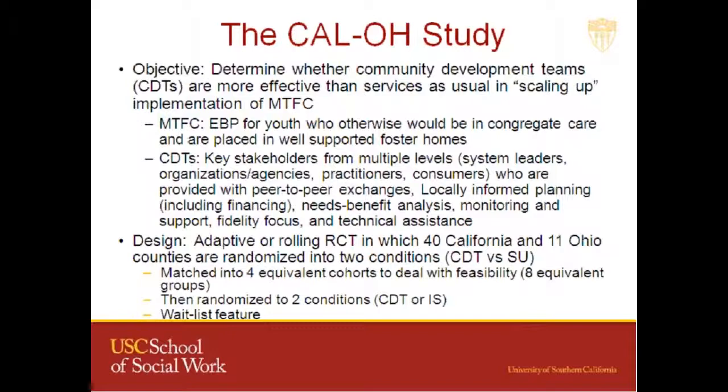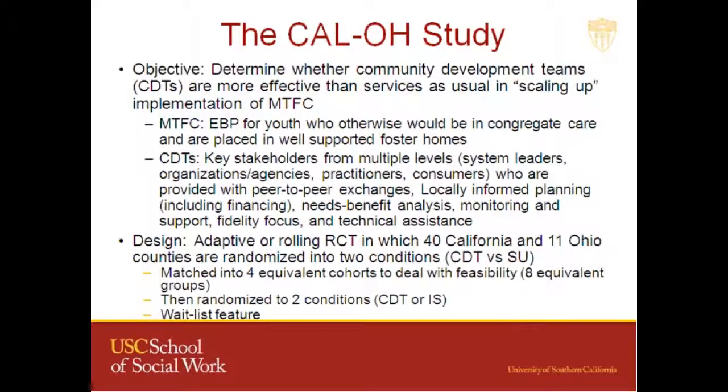In this study, these 51 counties were matched into 4 equivalent cohorts, and they were done so because not everybody could be trained simultaneously, so they were broken up into groups of 13 or 14 counties and then randomized into the two conditions. There was also a wait list feature that enabled some counties that were more prepared to participate in the trial to be placed earlier in the queue of randomization,